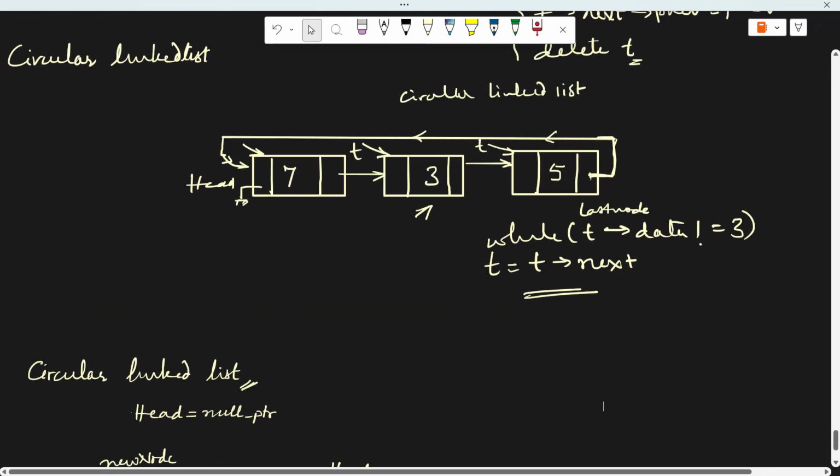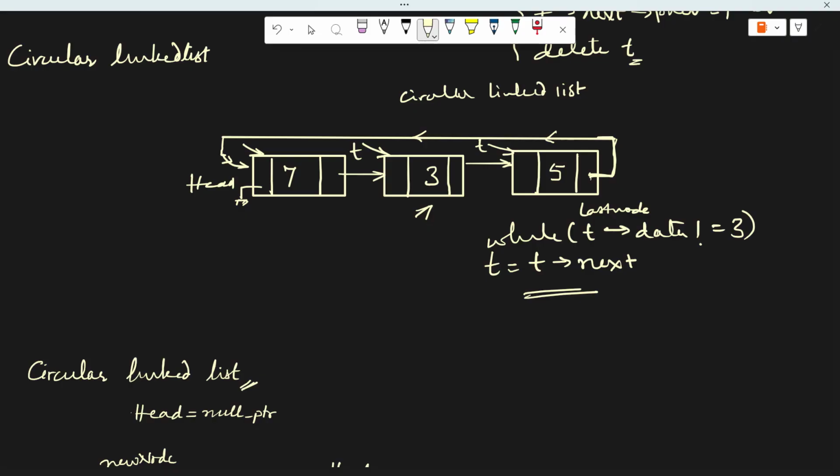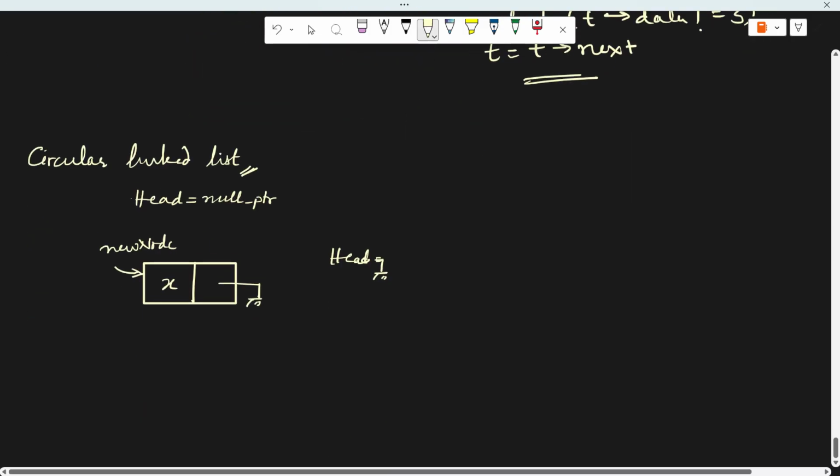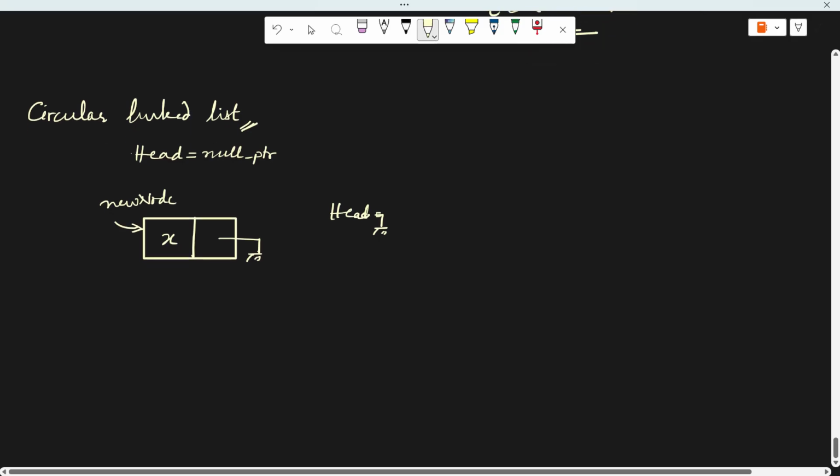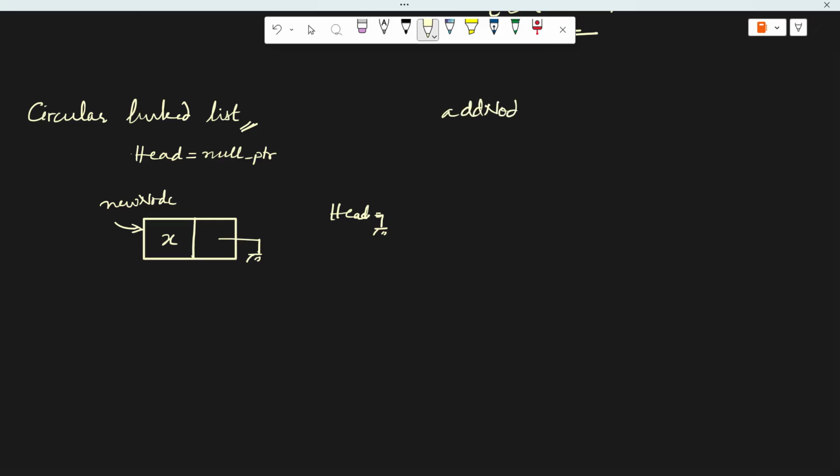In my previous session, I showed you that if you have a circular linked list, the head node will be here and the other nodes will be linked together, and the last node will point back to the first node. So if I have to construct such a linked list, what operations do I have to do? How should I go about building the linked list using add node or append node operations? And whenever you have to delete, what happens, and when you want to display, how do you display the contents